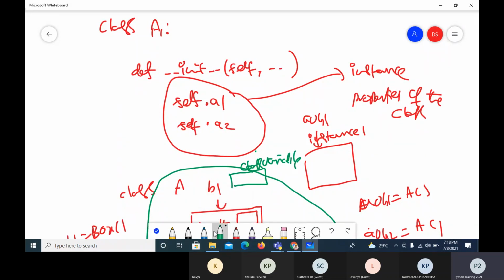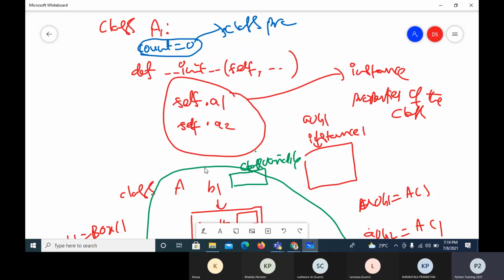So I may be referring to one property outside all methods, and generally we take count equals 0. This is a class property. If I keep something outside all the methods, then it becomes a class property. The specialty of a class property is that there will be only one copy irrespective of the number of instances. Even if I don't create an instance, there will be one copy of the class property.